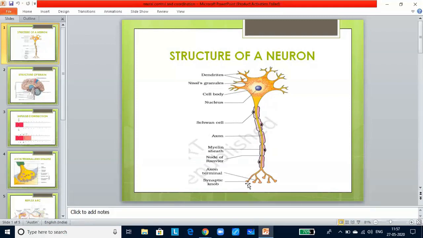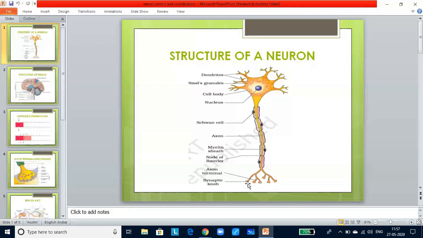Now neurons are categorized into three groups: multipolar, it is one axon and has two or more dendrites and it is found in the cerebral cortex. So what you are seeing here is a multipolar neuron. Bipolar, it is with one axon and one dendrite and it is found in the retina of the eye. Unipolar, the cell body is with only axon and found usually in the embryonic stage.